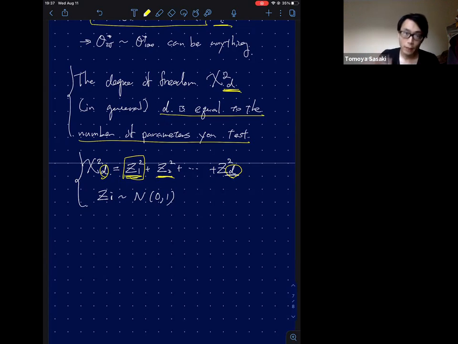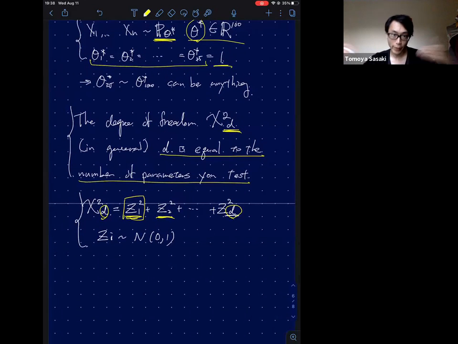But that asymptotic normality part comes in because you need to construct the test statistic, which depends on the normal distribution, which gives a chi-square distribution. And this intuition, you can back it up